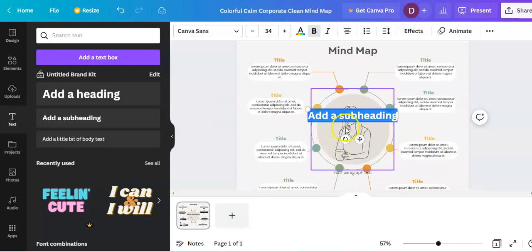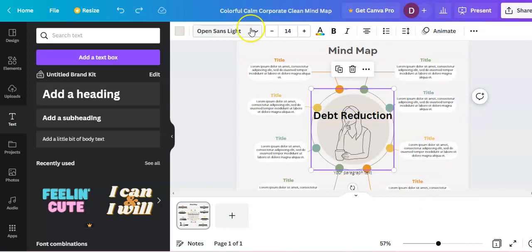If you click that, at the center we're going to put debt reduction. So we've typed in debt reduction here,